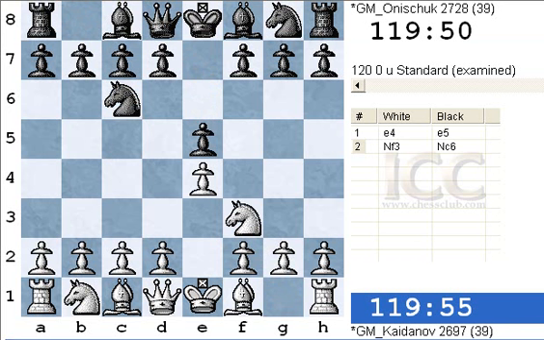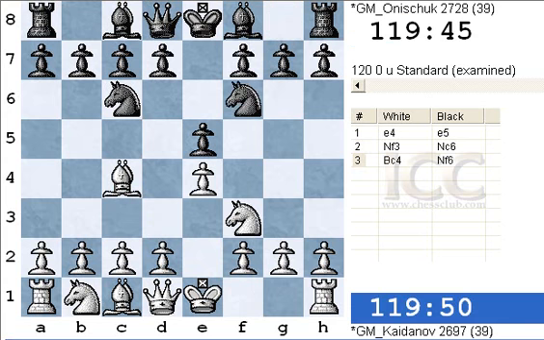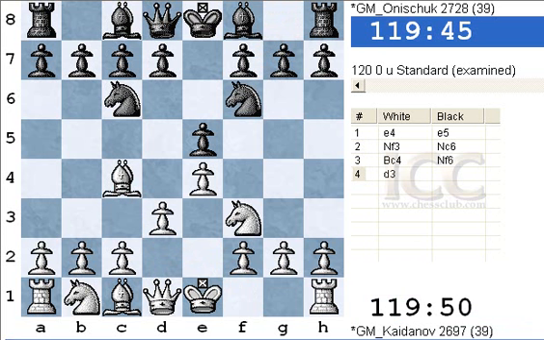And certainly Kaidanov, who defends e4, e5 a lot for black, knows how hard it is to get an advantage in a lot of the main lines. So he decided to do something a little bit different. Bishop c4, knight f6, and now here, most masters and grandmasters play the quiet line of the Giuoco piano with d3. But here,